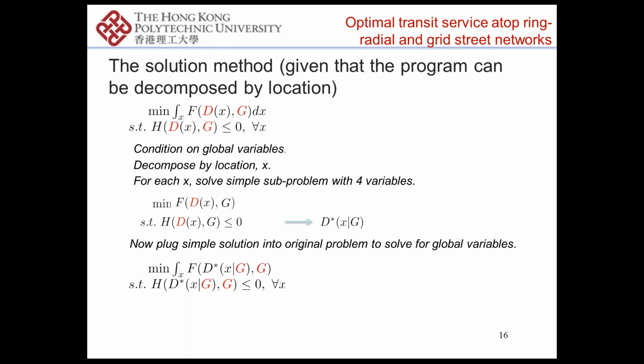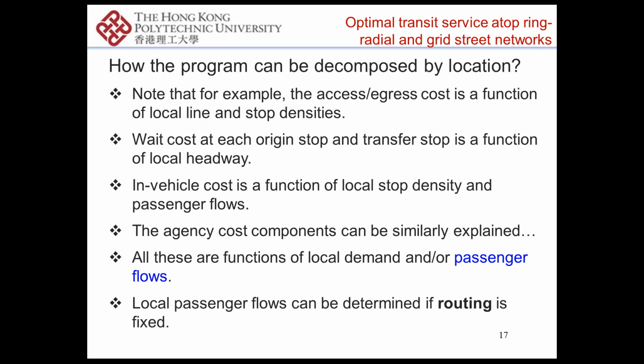So this method will work if the program can be decomposed by location. But it will be difficult to explain how this program can be decomposed by location without looking at the detailed, very lengthy formulation. But here I just show you some qualitative discussions. For example, if we look at the local excess egress cost, the excess egress cost associated with the location x is actually a function of the local line density and local stop density. So that's going to be a function of only x,